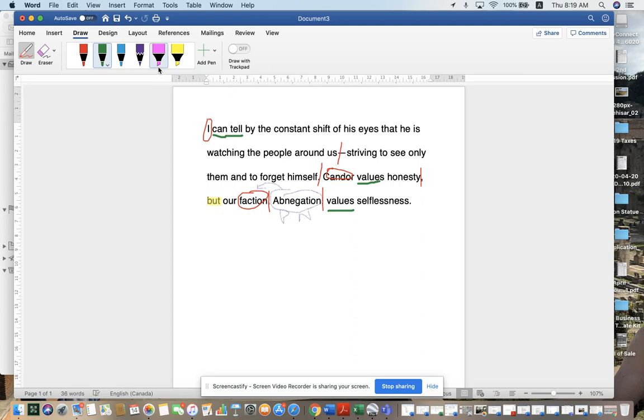looking at noun cases. So by, right away, that is a preposition. How do I know? Because if I say I can tell by, you're going to ask me by what, and the answer to that question is shift. Okay. So object of preposition. Now, constant in this case is an adjective describing shift. Of his eyes, of right away tells me, hey, I am a possessive, right? So possessive and another possessive. Whose eyes? His eyes. Now, I can tell by the constant shift of his eyes that,